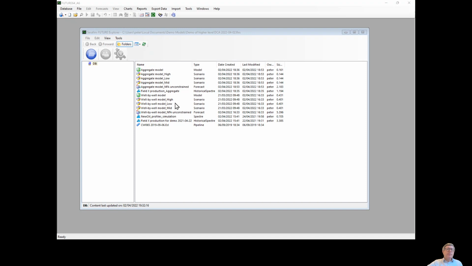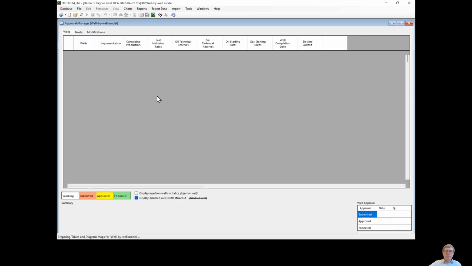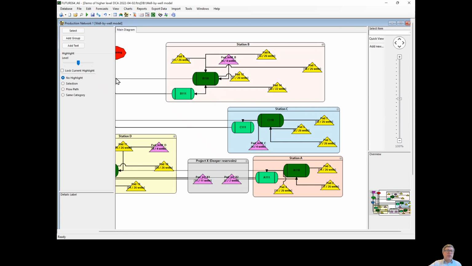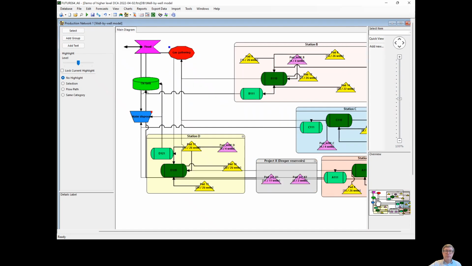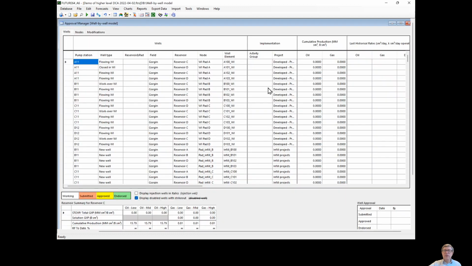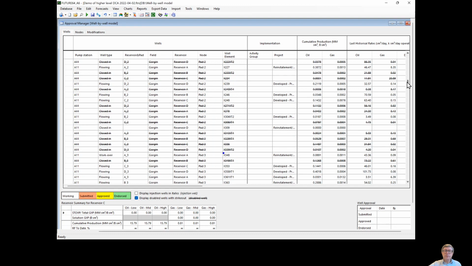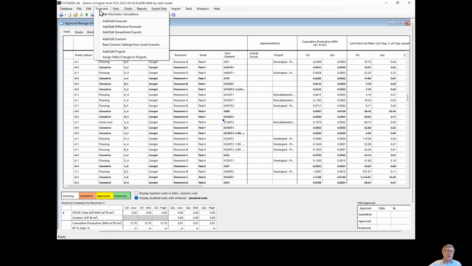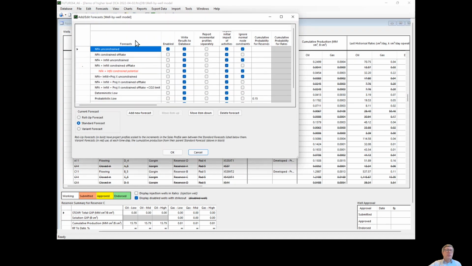So in the database here that I've got, we've got two models, and let's start with the well by well model. Okay, so this is one of our demonstration cases that you may have seen before, and we've got 313 producers, although some of them are shut in or abandoned. In this particular example, we're just looking at a single forecast of just the existing production,